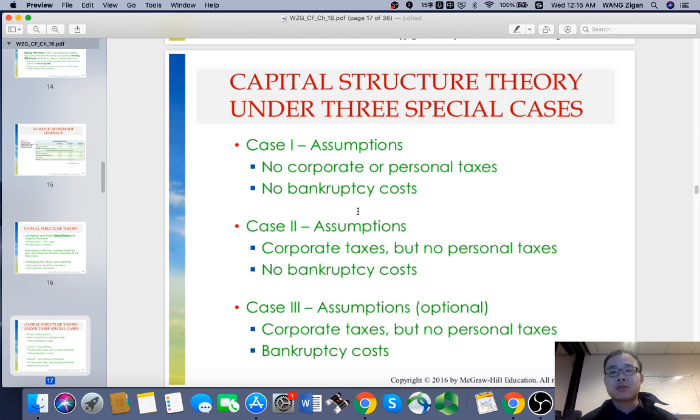But here, in this model, we assume no taxes, and taxes could also be different for individuals and corporations. But since in this very simplistic, unrealistic model we assume there is no tax and no bankruptcy cost, the homemade leverage could be the same as corporate leverage. Okay, so this is the first part of the